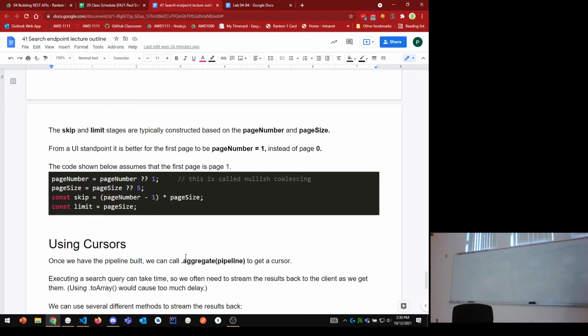Yeah. So page number defaults to 1. So when it's the first page, skip is just 0. If you put 1 in here, we say 1 minus 1 is 0, 0 times 5 is 0. So the first page, you're always skipping 0. That's intentional. And then the next page, you'd be skipping 5 elements, and then 10 elements, and 15